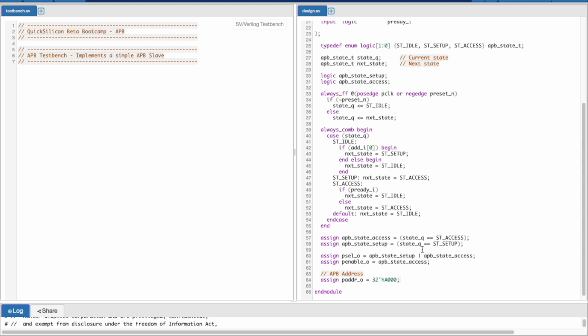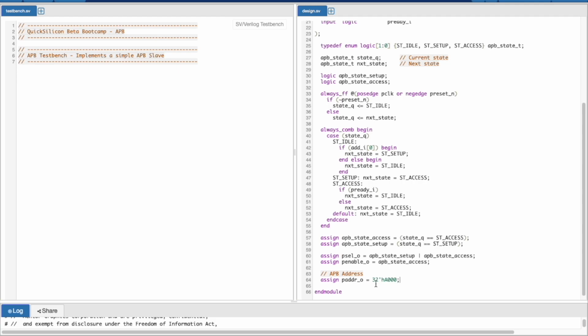be violating any protocol rules, because your protocol only mentions that your address needs to stay stable whenever we are in the access state, but we are keeping it stable throughout. However, in some of the cases, it is not recommended to keep it stable even if your address does not change, due to certain security related concerns. Because what could happen is that, let's say we implemented the security related stuff also, which is the pprot bit, and if you were sending a transaction to a non-secure stuff, and if this particular address corresponded to the secure address, this could be a violation and can actually lead to security leaks.